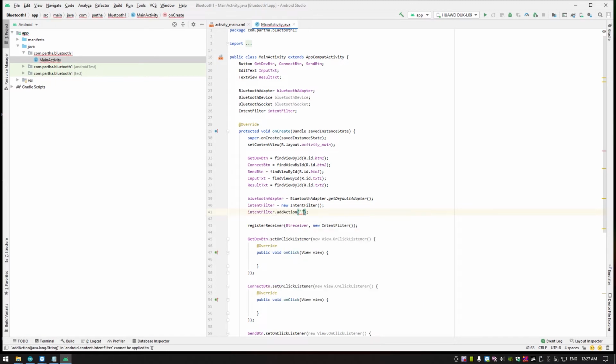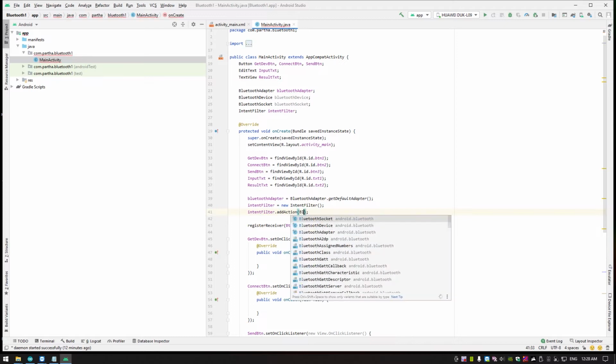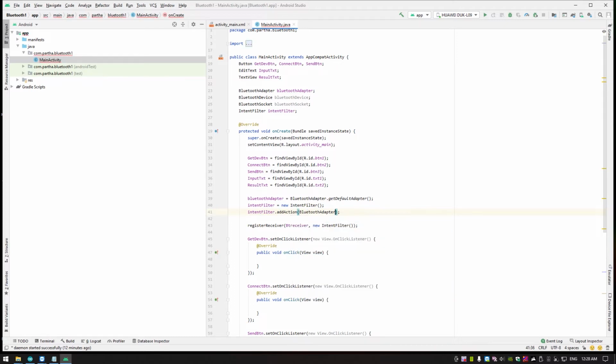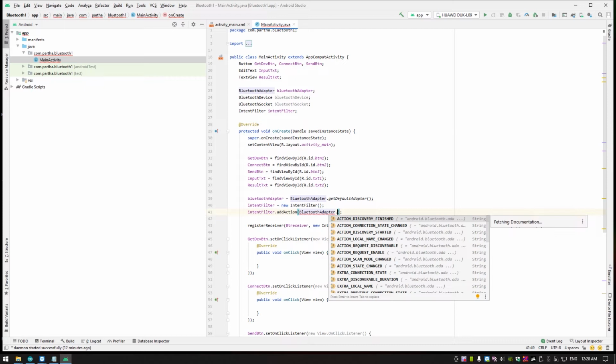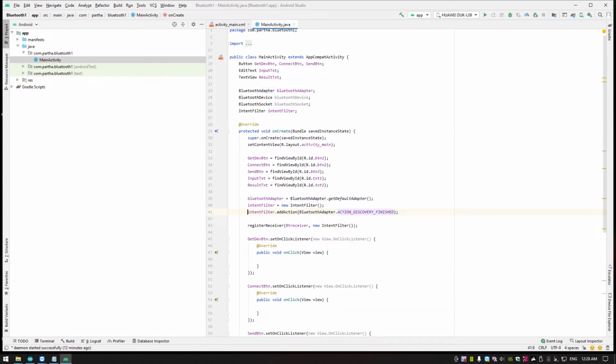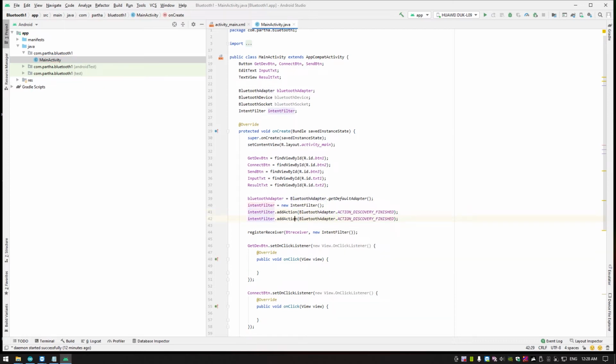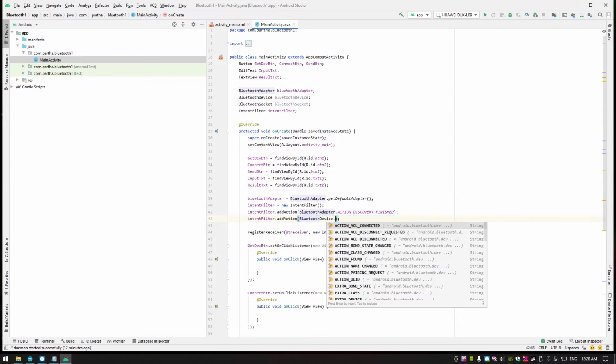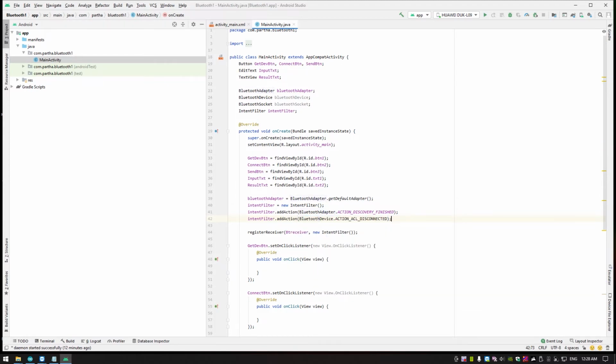Add action: action discovery finished. Add one more action: disconnected. Okay. Now add this intent filter. So our broadcast receiver is registered.